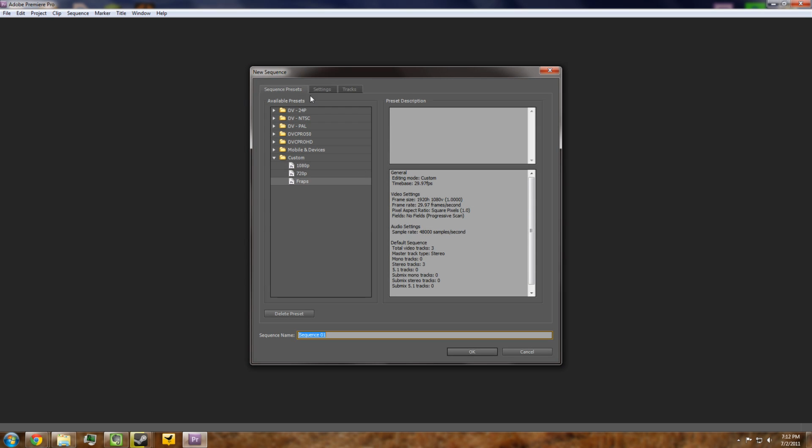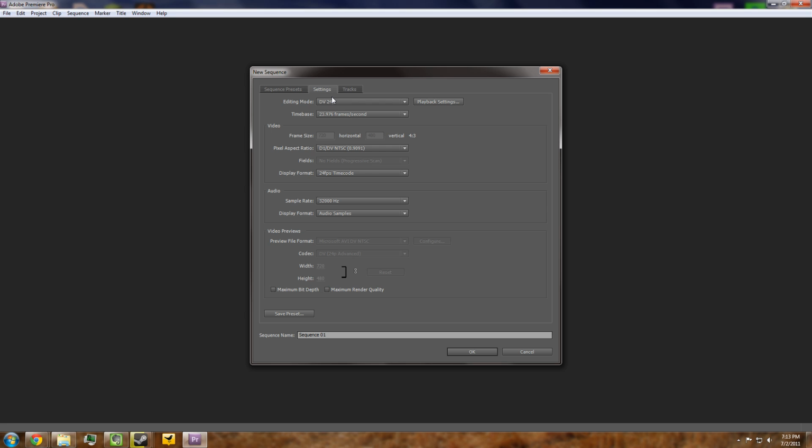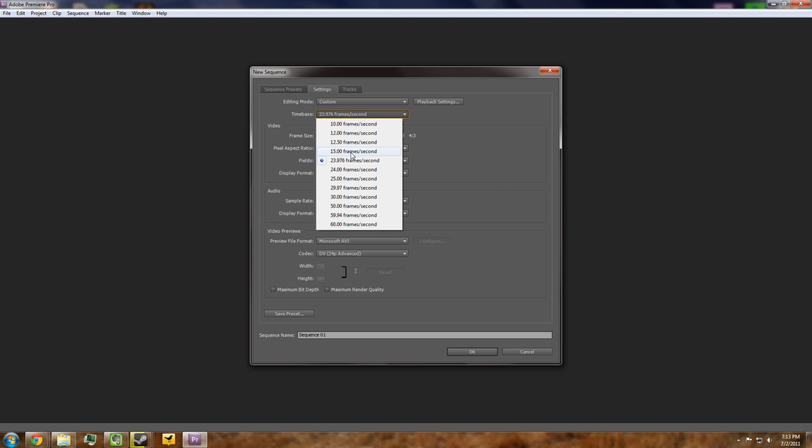Okay, now you're going to want to make a sequence. Yours is going to look like this, except without the custom. Select just the top one, it doesn't really matter. Now you can get to settings. In settings you want to hit custom for the editing mode. And for YouTube, it's